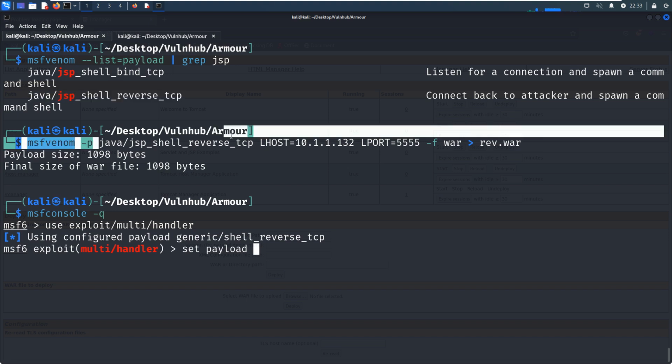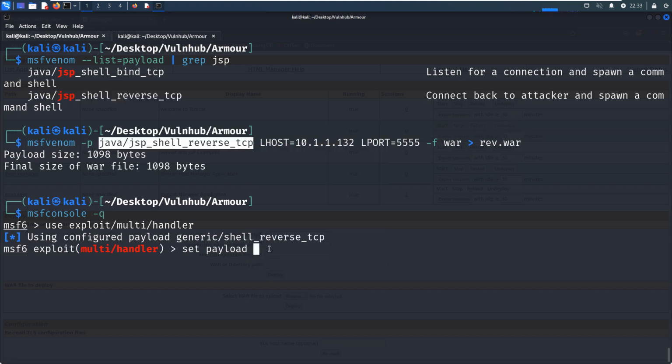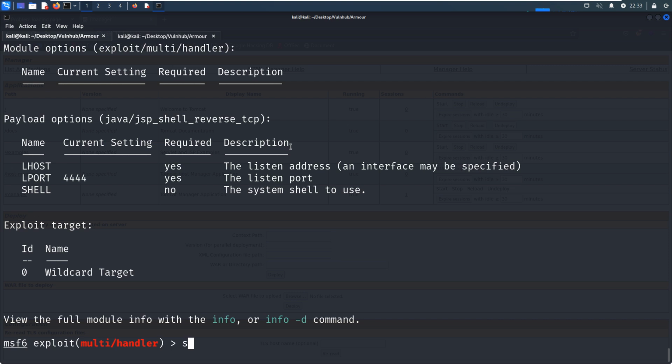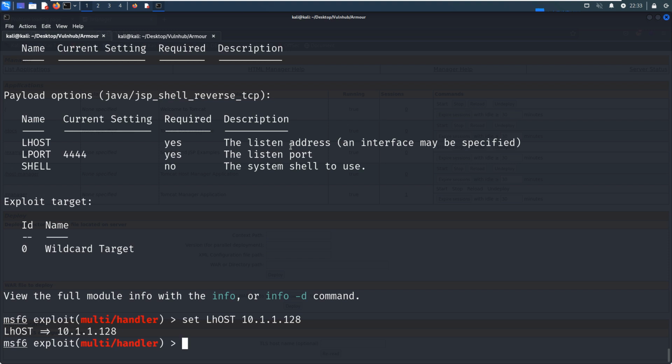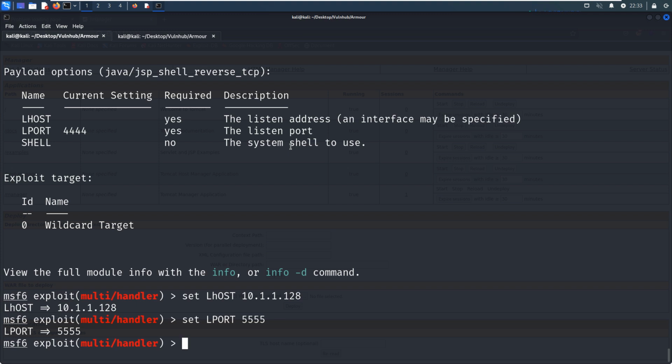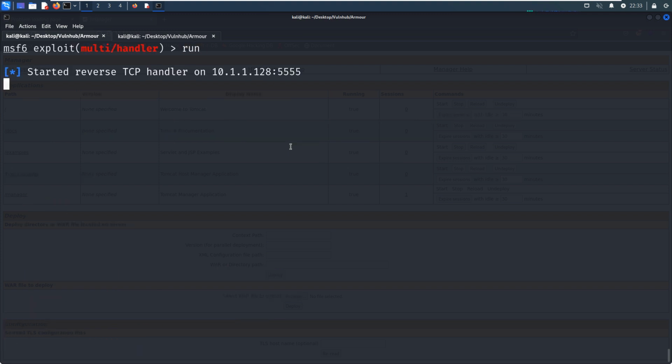We can copy. Alternatively, you can use netcat. It doesn't matter. And we can show options. We can set local host to our Kali Linux, set local port number to 555, right? And we can run it.